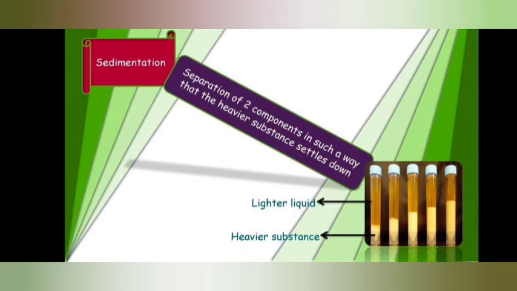And one more example: have you ever wondered why your mother soaks rice grains in water before cooking them? Do you know why she does that? This is to separate from the rice grains the insoluble solids like tiny pieces of straw, dirt, insects, etc. In this case, the rice grains, being heavier, settle at the bottom and can be separated by sedimentation. And it is very important for sedimentation that one component should be lighter than the other, for on the basis of that only they will be separated.